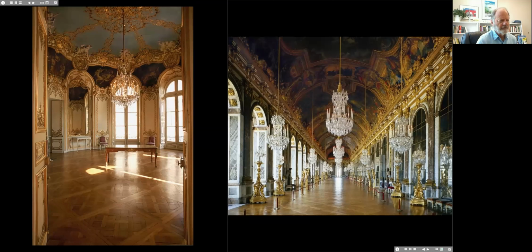Now let me back up and explain the social phenomenon that led to the creation of Rococo interiors. Louis XIV ruled until 1715. He died as a relatively old man, given the age span at the time. And his successor was his great-grandson, who was a minor at the time. So there was a period of regency, which lasted between 1715 and 1723. And at that time, Louis XV came to the throne, and he ruled for about 51 years, a long period of time for much of the 18th century.